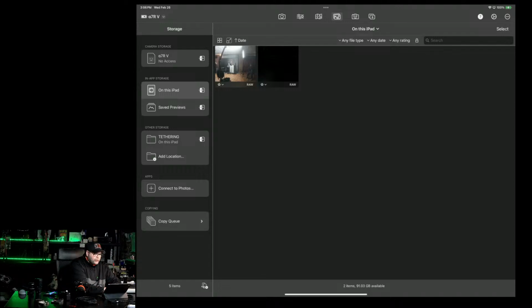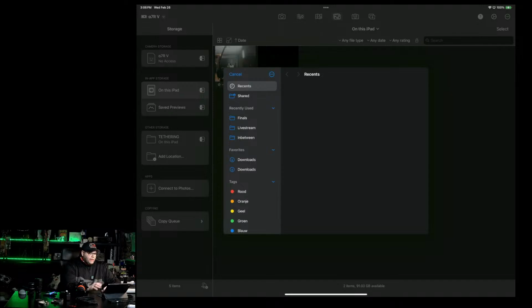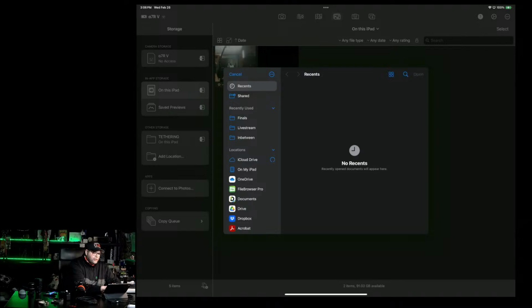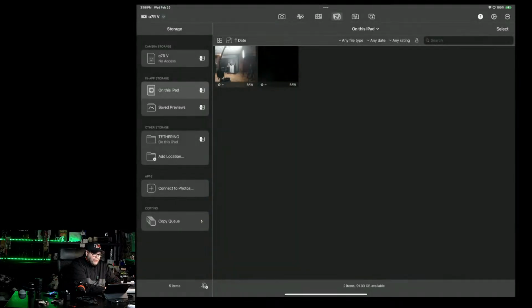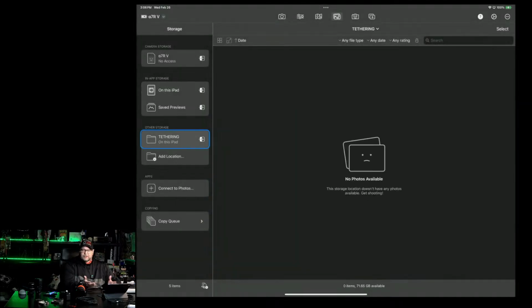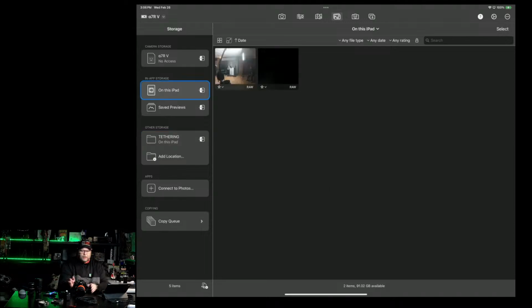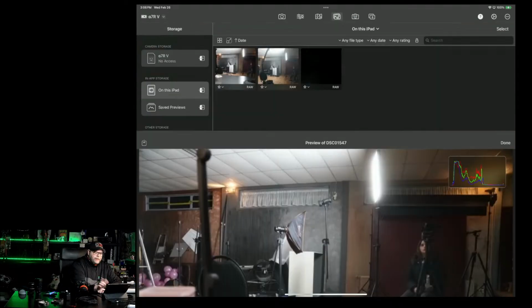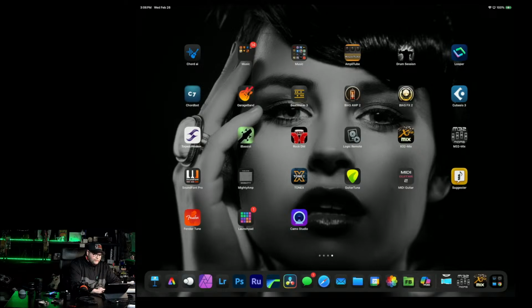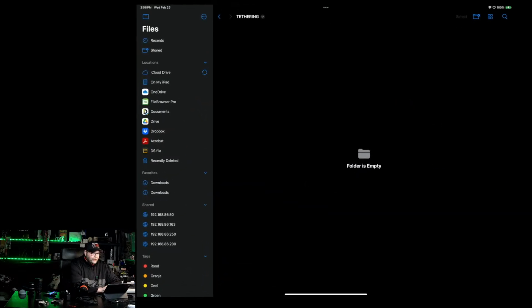You can use other storage, for example, at a location. And now I can choose on my iPad a folder in which I want to store those images. And in my case, I've chosen tethering. Now, in this case, there's no image there. But let's say that I'm going to shoot an image. And I'm going to take a picture. There we go. Now, when I go into my files and I go into tethering,